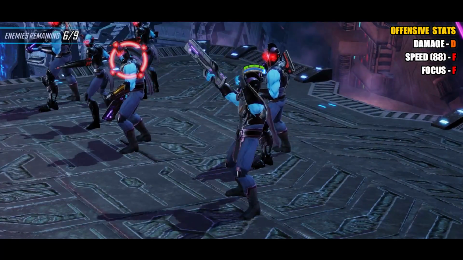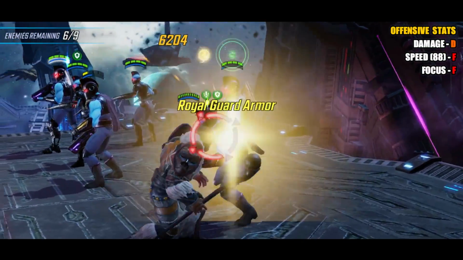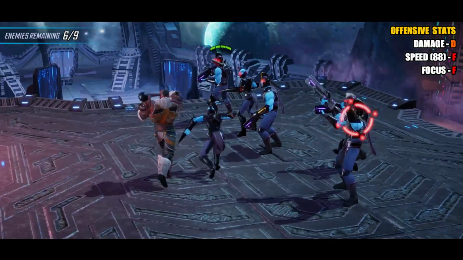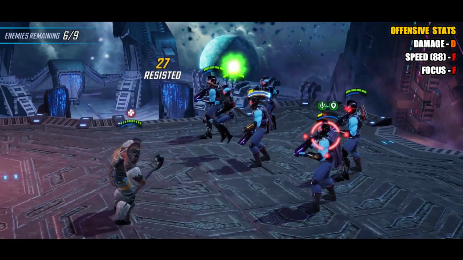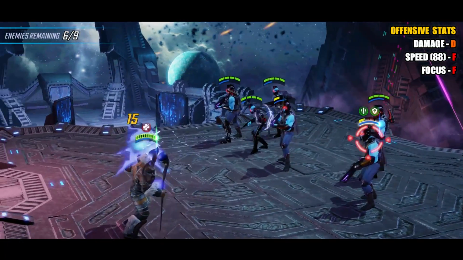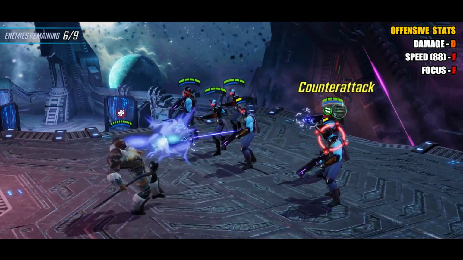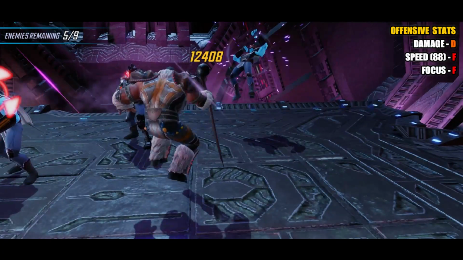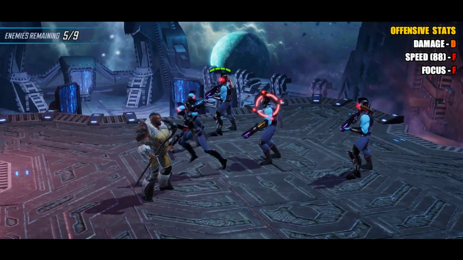We start off here with the offensive stats, and as M'Baku as a protector, these are on the lower side. His damage comes in at a D rating, his speed is way down at 88, making it an F. Now with protectors, slow speed isn't necessarily a bad thing because it means it taunts up longer. However, you do have the problem that squishy characters can get burned down before you can actually taunt if they're too slow. On his own, M'Baku falls into this category, but if you pair him up with Shuri, she can